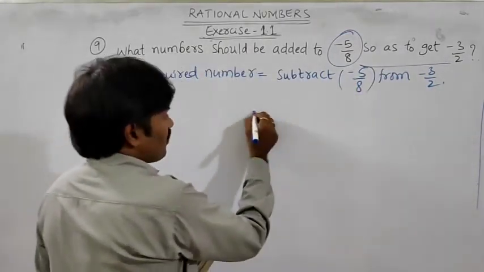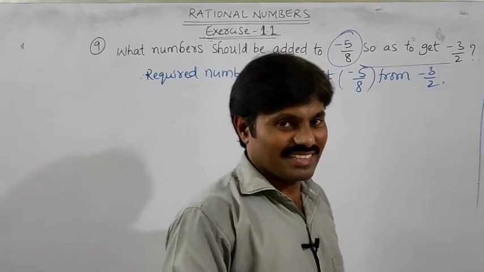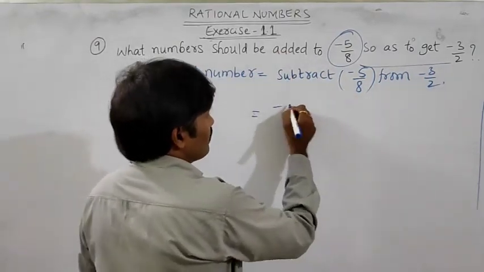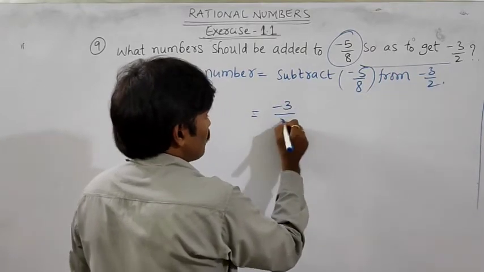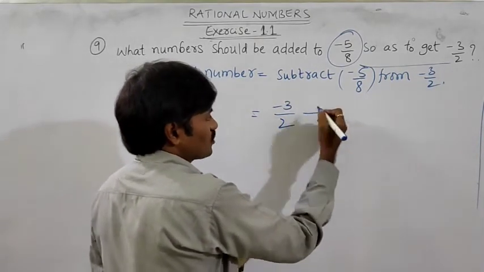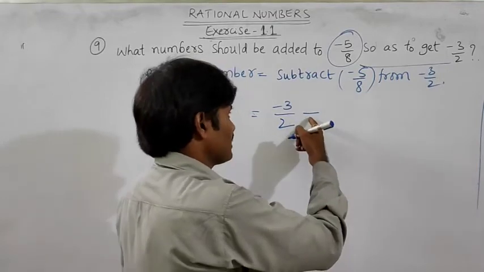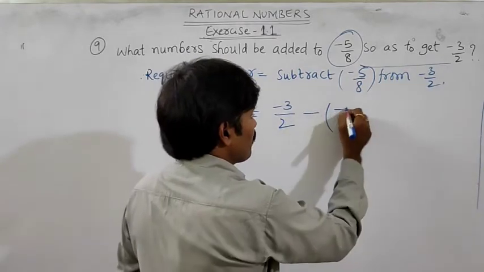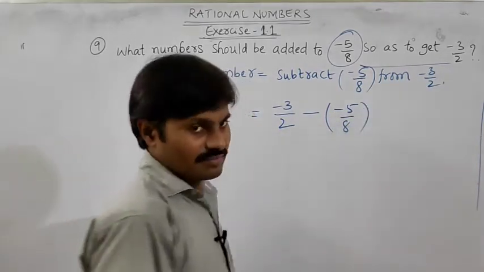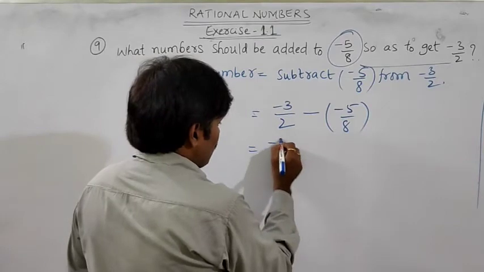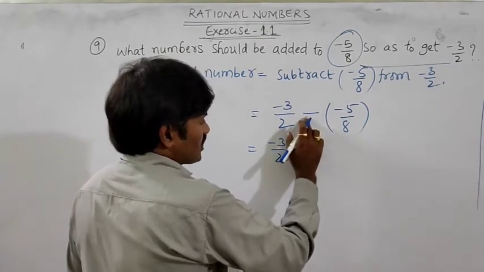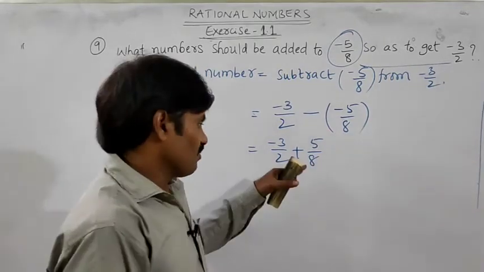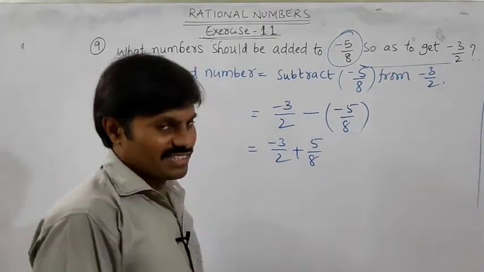So how to subtract, we know already, we have solved in the previous question, is it? So this is the way we have to follow here also, in the same manner, from minus 3 by 2. So minus 3 by 2, first we have to do the subtraction operation, so that is the sign. Because of that reason I have written the minus sign. Clear? Now what do I have to subtract? Minus 5 by 8. So I am writing minus 5 by 8. Clear? Now minus 3 by 2, simplification, minus into minus is plus 5 by 8.